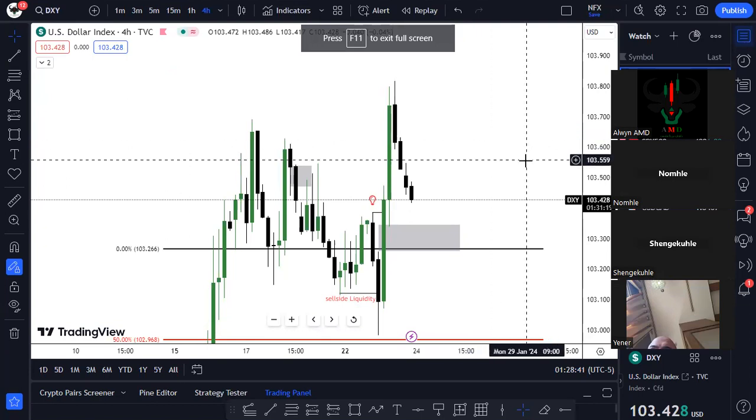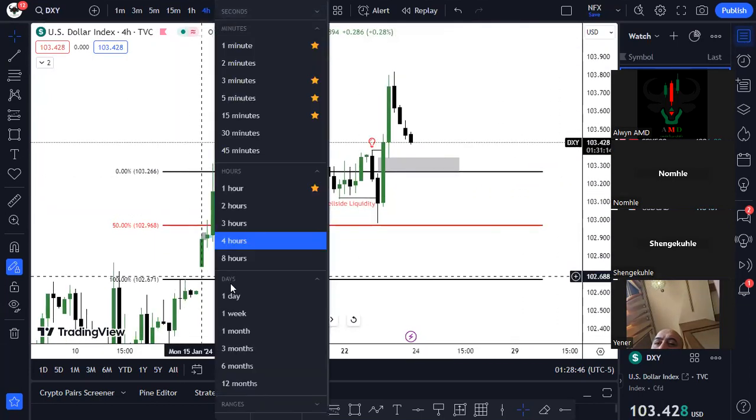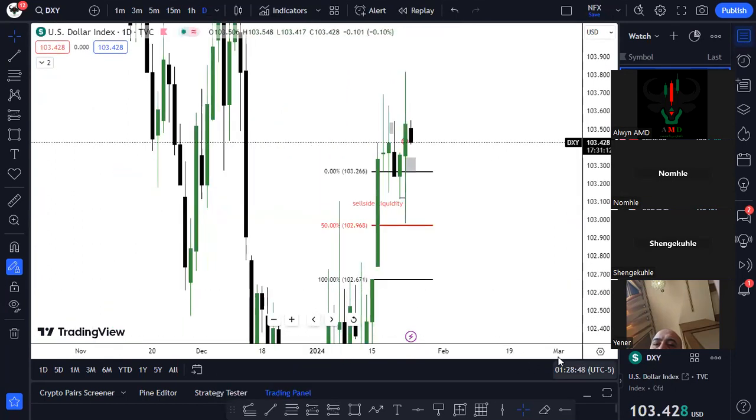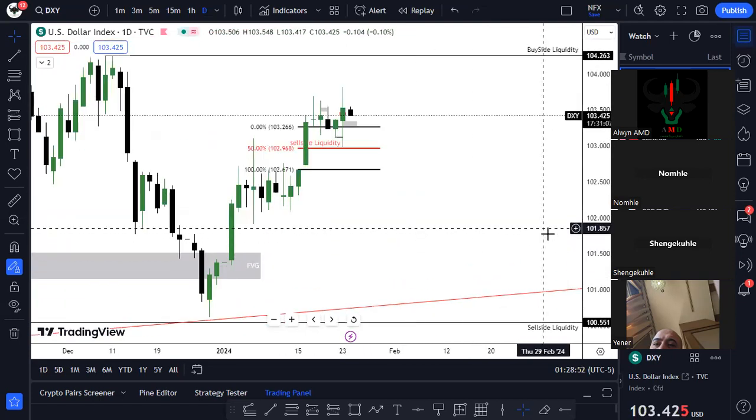Let's go to full screen mode here. Let's start looking at the dollar here. The dollar index, I'm going to go to the daily chart. That's simply what I'm looking for. And there's a bit of confusion here when looking at the dollar, right? When you look at yesterday,